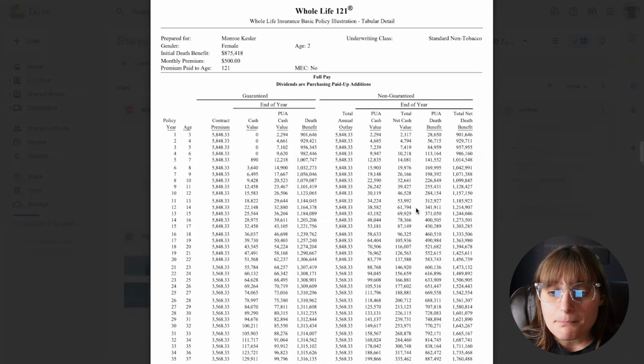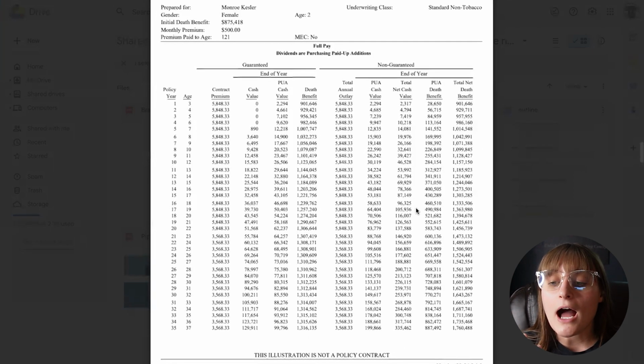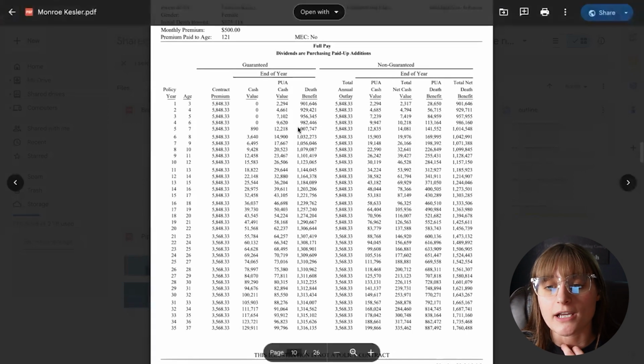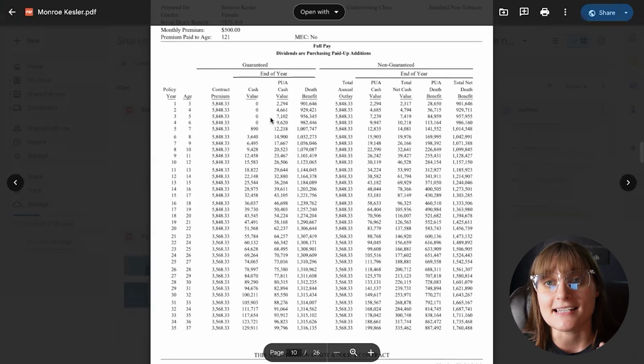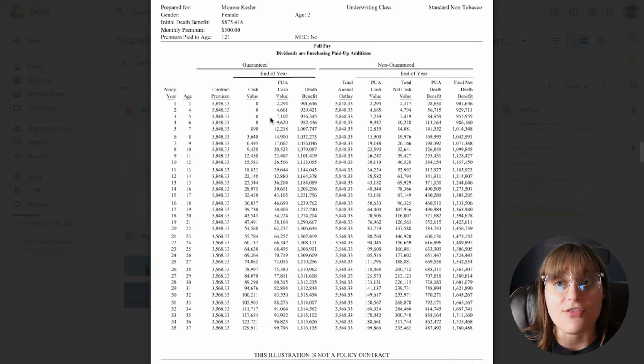So with this policy design, you can see that the long-term effects of that policy is really where she's going to be seeing a lot more of that cash value growth. In year one of her policy, and it doesn't matter which side you want to look at, we've got our guaranteed side. Guaranteed just means the guaranteed contractual interest that the company has to give us every year. That's why a whole life policy is classified as an appreciating asset, because this thing can never go down. It can only go up in value because the insurance company is guaranteeing us that interest.